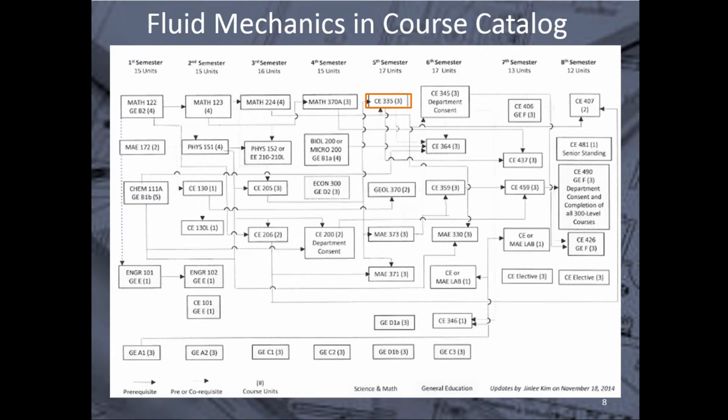If we look at this chart, I'm sure all of you have seen this type of flow chart where we show how the students can graduate soon. Fluid mechanics is a prerequisite for 2 of our classes, 364 and 437. Once they finish fluid mechanics, then they can take those. And of course, once they finish all the 300 level classes, then they can go to senior levels, and that's how they get the consent to graduate. So that's how they are stuck with this class for several semesters, 1 or 2 or more, and then